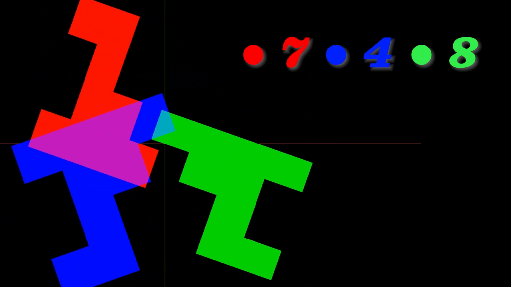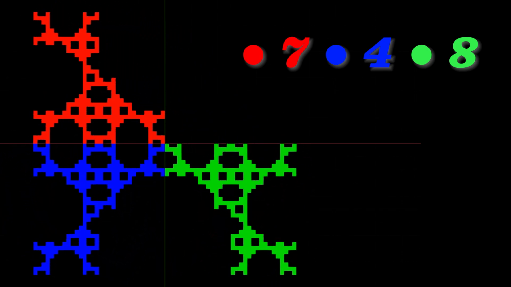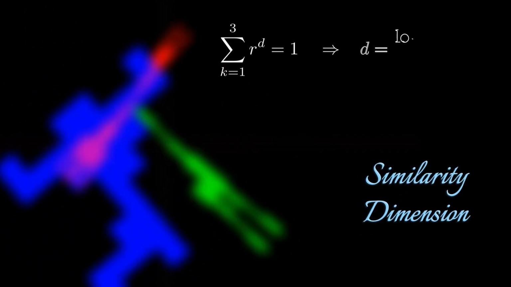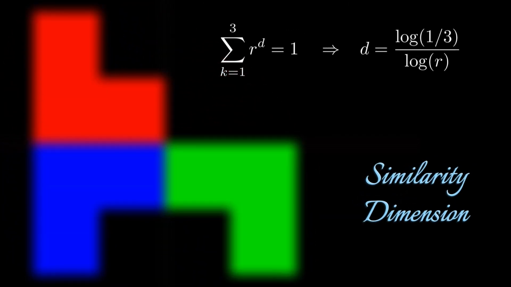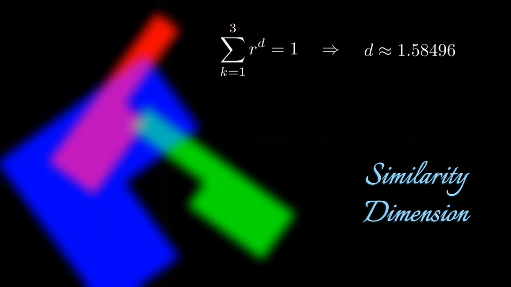A remarkable property of all these relatives is that they remain self-similar, composed of 3 smaller copies of themselves, each scaled down by a factor of 1/2. This consistency in the scaling ratio gives every Sierpinski relative the exact same similarity dimension, approximately 1.58, as the original